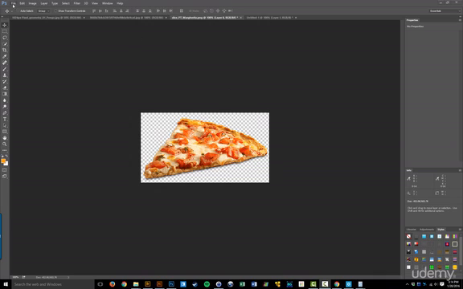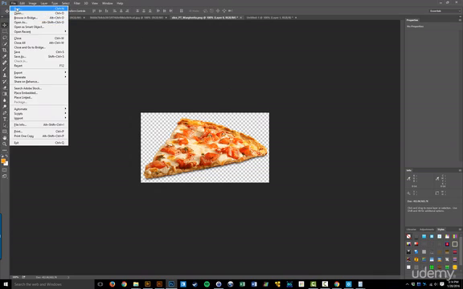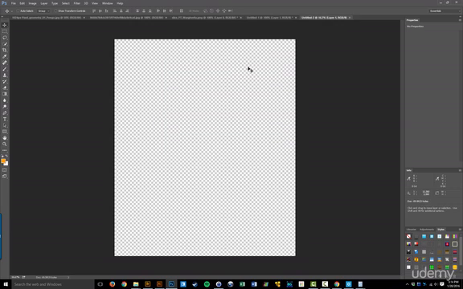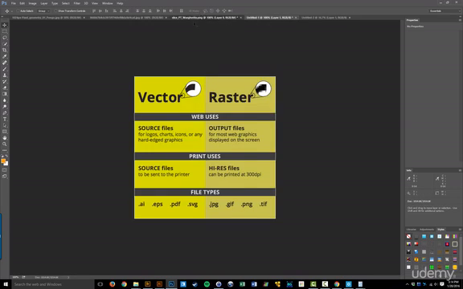And I'm going to open a new document by going to the File menu up here and choosing New. And I already have a preset made for Merch by Amazon, which gives me the 5400 by 4500, 300 dpi requirements for Merch by Amazon. I'm going to click OK, and there's the merch template. And I want to use my